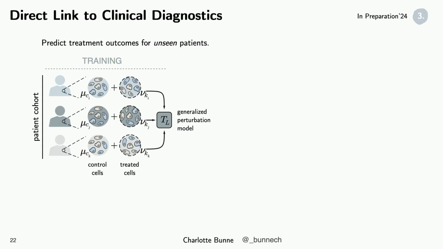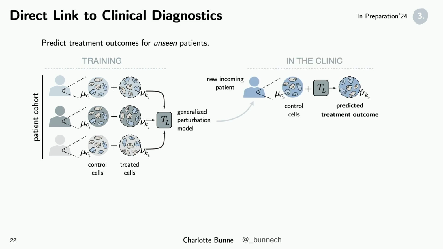Let me give you an example of a previous work, also based on this generative modeling idea, where the task is that we are provided with a clinical cohort study that has around 50 patients. For these patients, we have the control state, the state of the cells before the treatment, and the state of the cells after treatment. We can use this cohort to learn a generalized perturbation model, and then use this to understand, for an incoming patient never seen before,